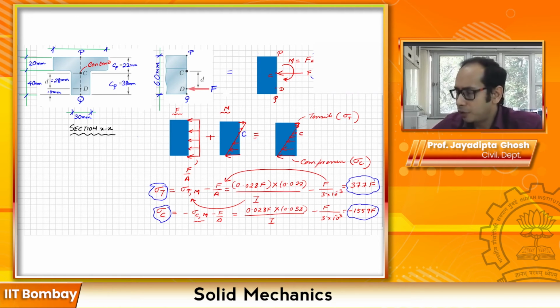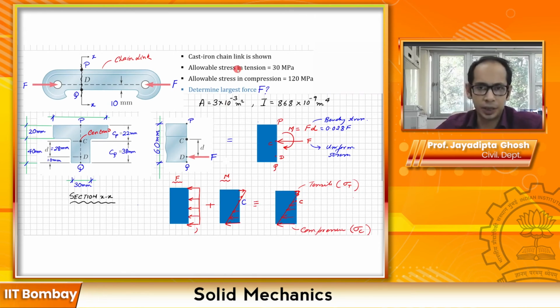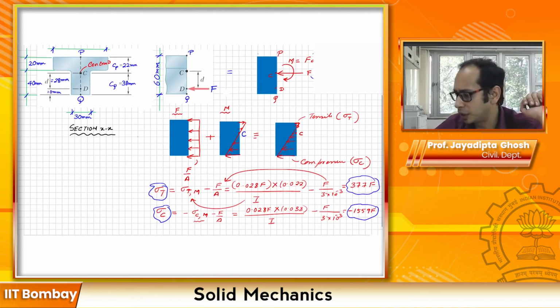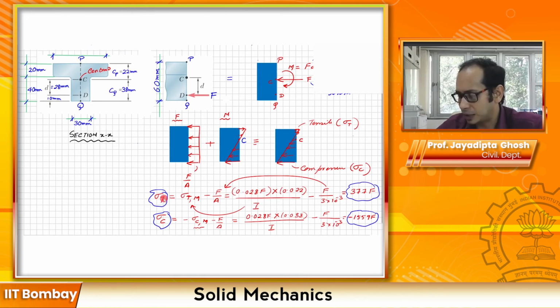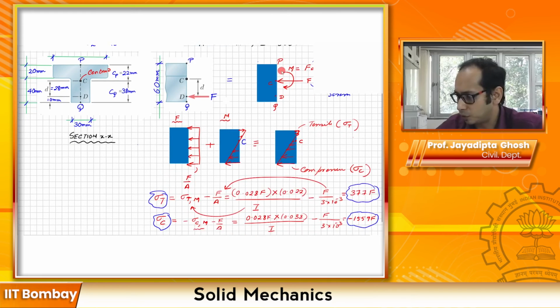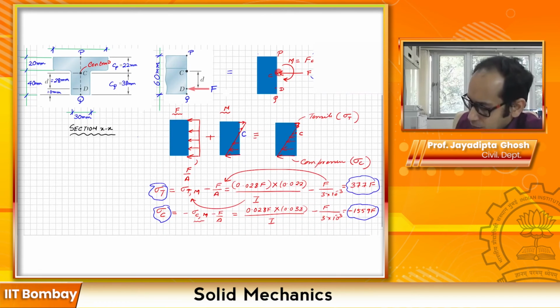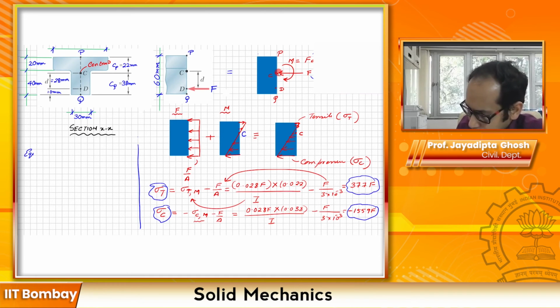Now we are already given the allowable loads, and one of them is going to control. So we are going to simply have to equate. The allowable stress in tension is 30 and allowable stress in compression is 120 over here. So we simply have to equate this 377 F, this is the tensile, to this one over here. So equating the allowable stresses, let's make a note of it and write it down. Equating allowable stresses, what you essentially get is